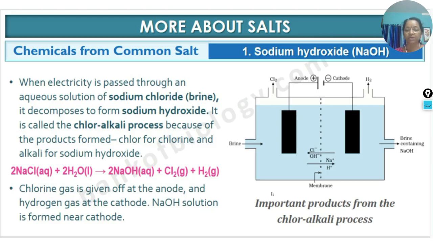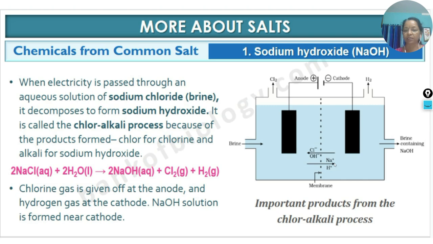See the picture, observe the picture. It shows a container having brine. Brine means an aqueous solution of sodium chloride. We have two electrodes, anode and cathode. Taking aqueous sodium chloride solution, that means brine, we have four ions in it: Na+ and Cl- from sodium chloride, H+ and OH- from water. During electrolysis, the cations, Na+ and H+, will move towards the cathode,